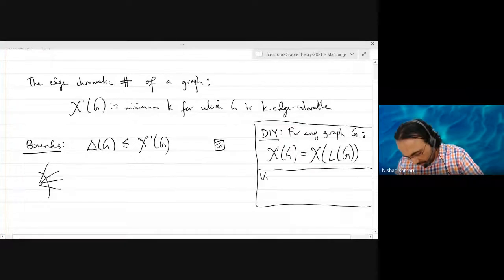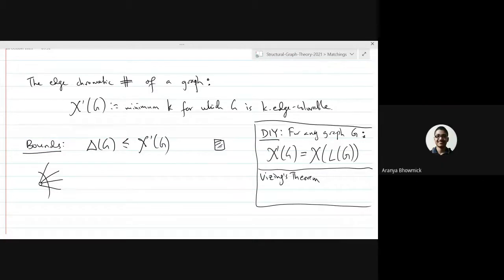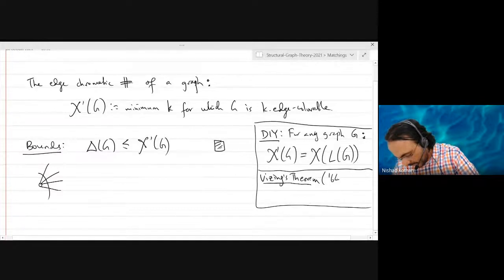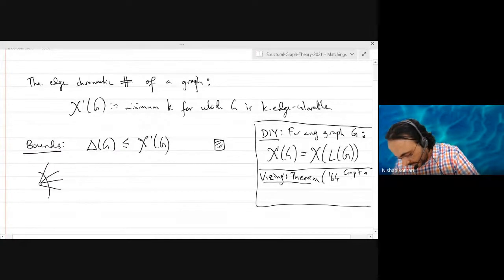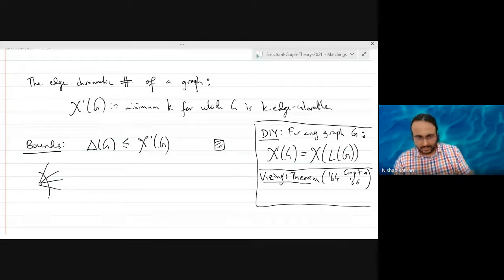Wissing's theorem. So maybe let me just put it here. It is called Wissing-Gupta theorem because two guys proved it. Yeah, so Wissing actually proved it in 64 and Gupta proved it in 66 independently. So typically it is called Wissing's theorem because in this particular case, Wissing was clearly the first one to prove it. But yeah, it's a matter of choice. So it seems that Gupta proved the same result 2 years later. And back in the day, of course, things were not as well connected as they are today.